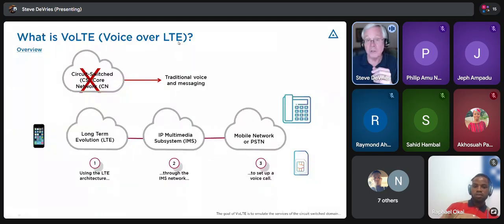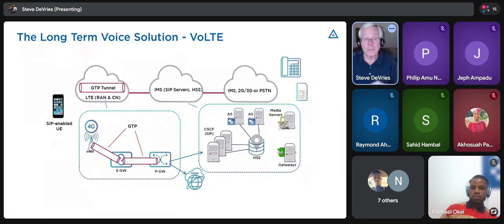That's the long-term solution. And one more slide, it'll look like this. You use these data tunnels that are set up between the cell tower and the serving gateway, and another data tunnel between the serving gateway right here and the PDN gateway. And this mobile talks SIP, Session Initiation Protocol. So the SIP signaling goes over the air interface.